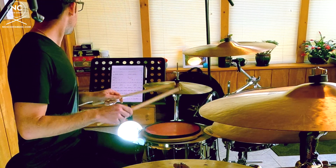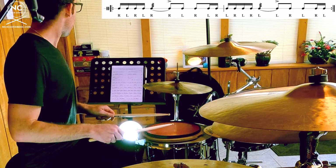For the second measure, you are going to start with your left hand and alternate for those 16th notes on beat 1. You are then going to play a left-handed 9-stroke roll starting on beat 2. And starting with that left-handed tap on beat 3, you're going to alternate your hands for the remainder of the measure. Let's turn the click back on, play along with me. 1, 2, ready, and...